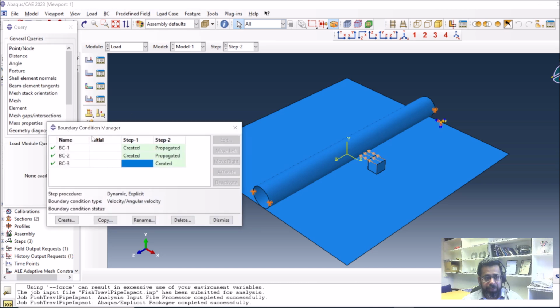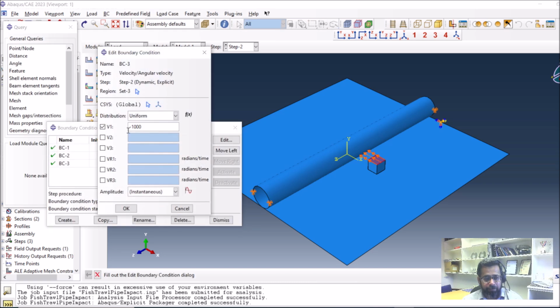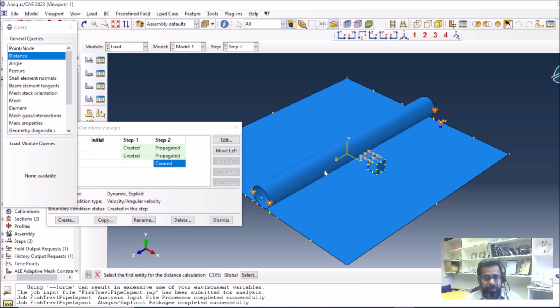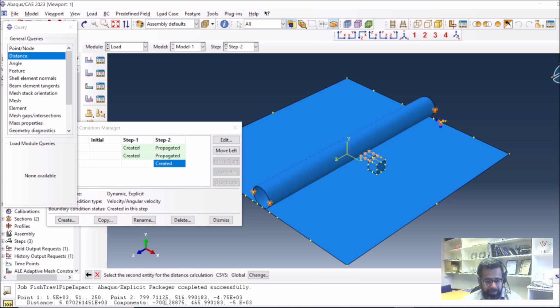So the speed we have specified here is 1000, and the distance I think now from here to here is 700. So in 1 second it will travel up to 700 and it will hit the pipe, and